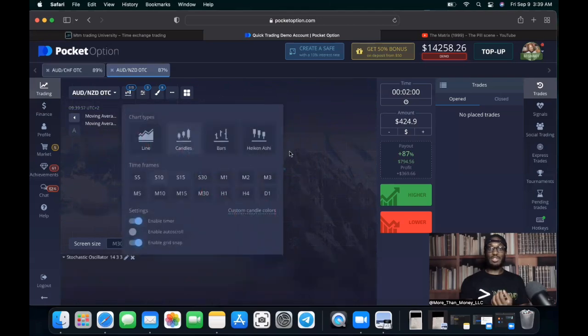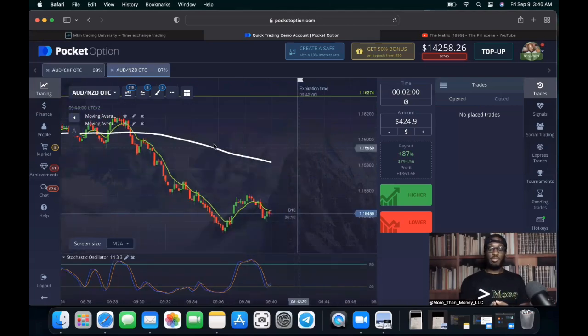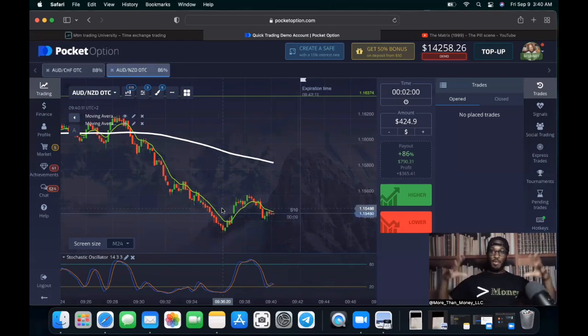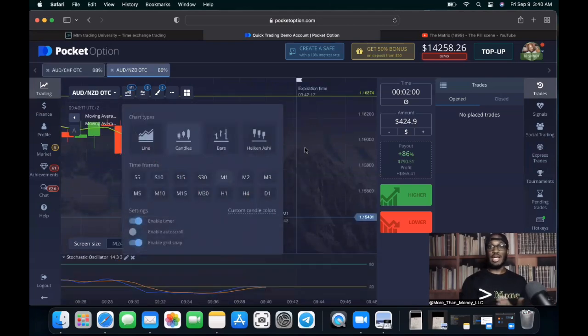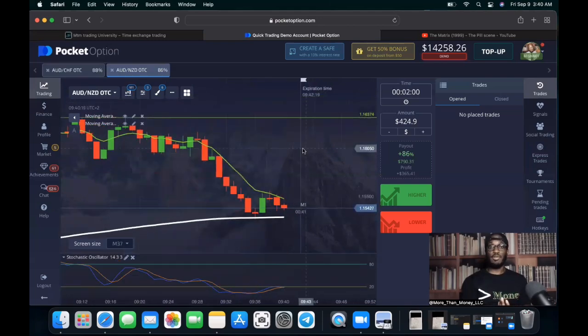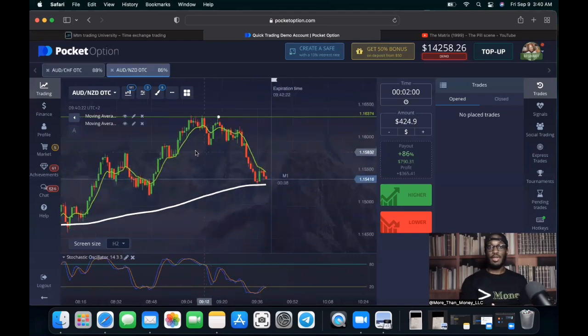And now we break it down to the 10-second, and what do we see? Price moved well past the EMA on the 10-second. It's looking like it could move into a downtrend. But this is why we want to get used to looking at all three different time frames, and piecing it all together so that it makes sense for our minds. Let's go back to the 1 minute. What is the 1 minute telling us? Because that's what I trade off of, if that's what you choose to trade off of. So that's just a broader view of what we saw in the 30-second and the 15-second, that downward movement.